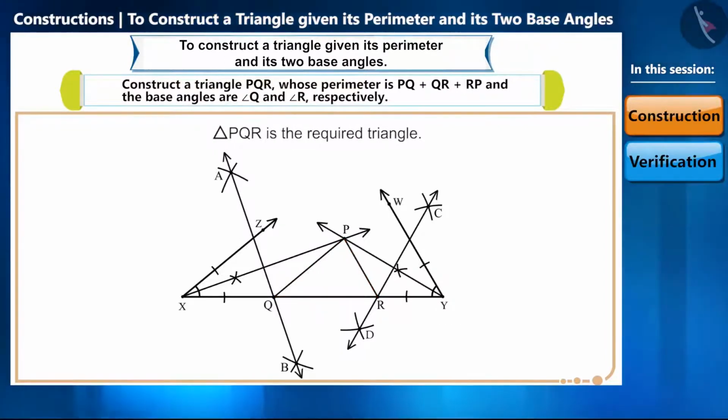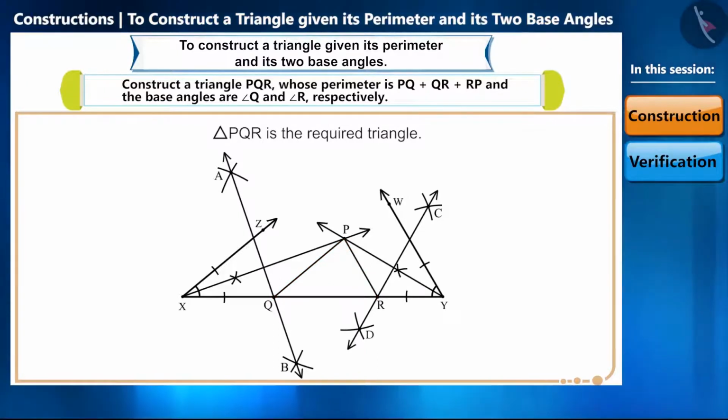To summarize the steps of this construction, we can say that by drawing the line segment equal to the measurement of the perimeter, we will draw the angle bisector of given angles and then construct a perpendicular bisector of the angle bisector. We will find one vertex of the triangle by the intersection point of angle bisectors, and we will get the remaining two vertices by the intersection of the base and both the perpendicular bisectors. And this is how we get the triangle.